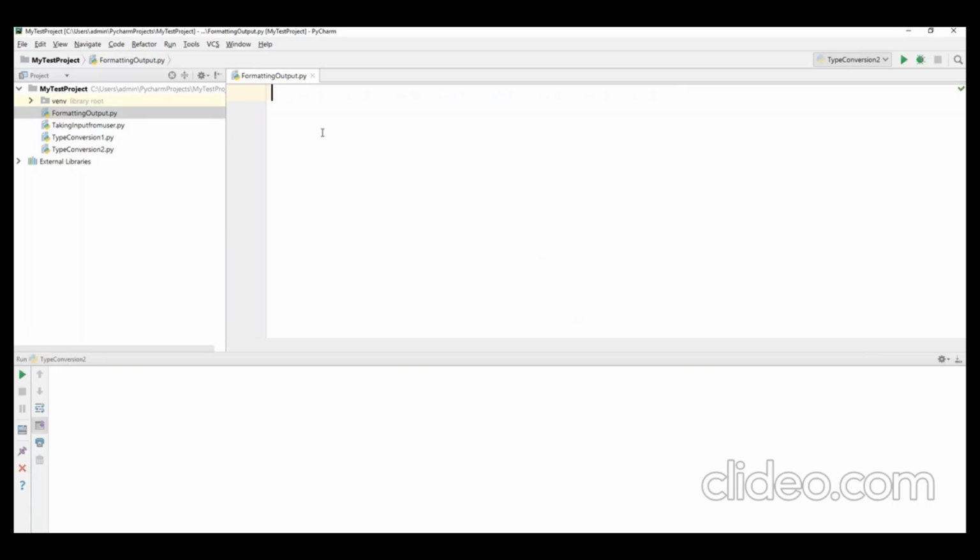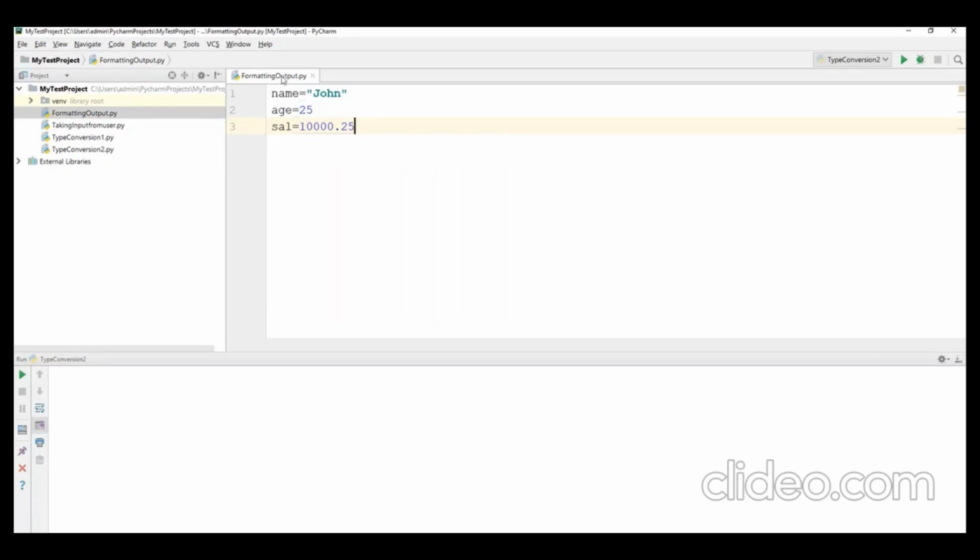So here I will initialize two different values, or you can take the input from the user. Let's say I will create a variable called name, and name is equal to John. So this is the name of the employee, and I will create one more variable called age. Let's say age is equal to 25, and then I will create one more variable called sal. Let's say sal is equal to 10,000.25 something, a decimal number. So these are the values I have assigned.